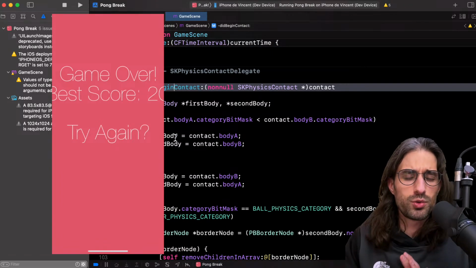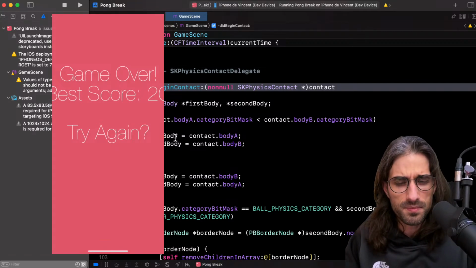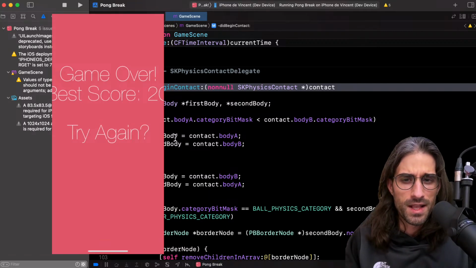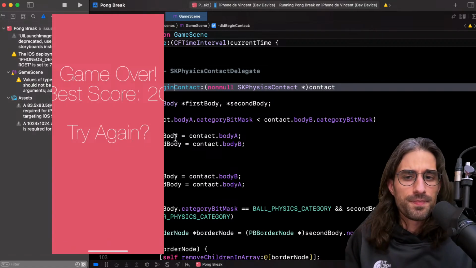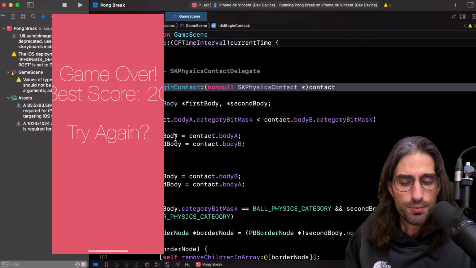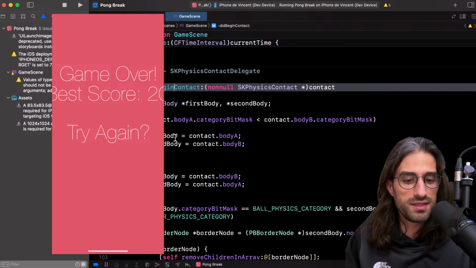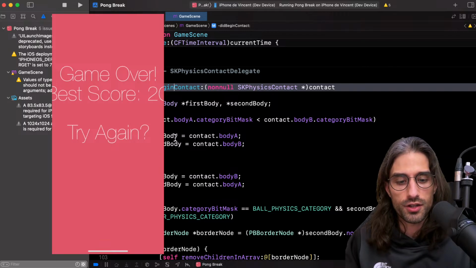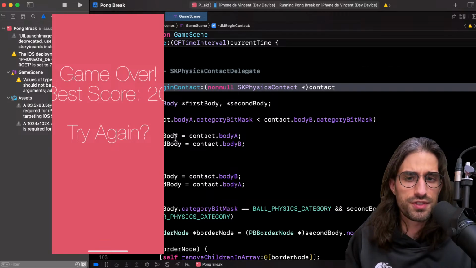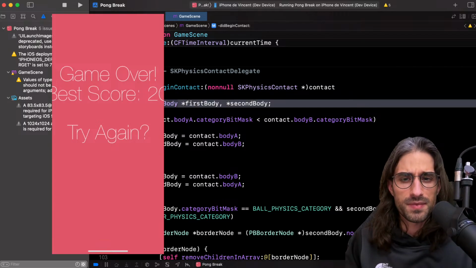This is where we get into the 2D game stuff, because it's all about collisions. Collisions is about how the game determines that the ball has touched either the border of the screen and it's game over, or has touched a segment of the circle. And what it uses is the physics body.